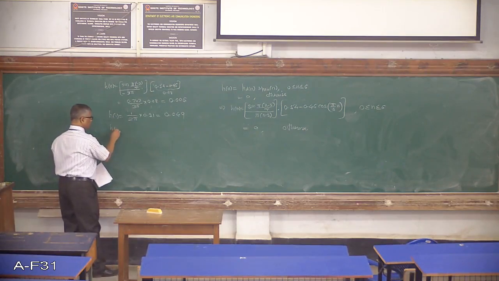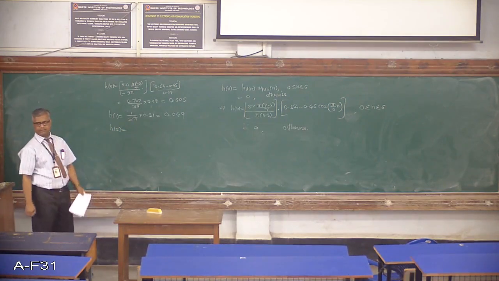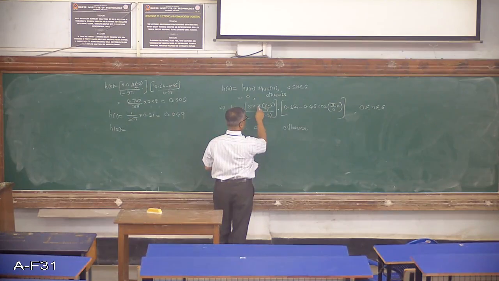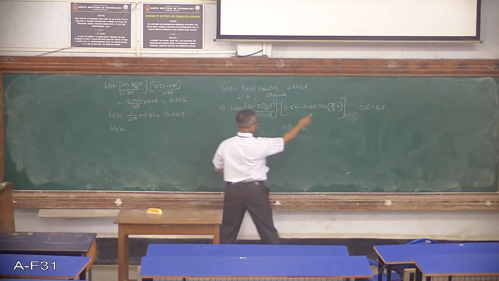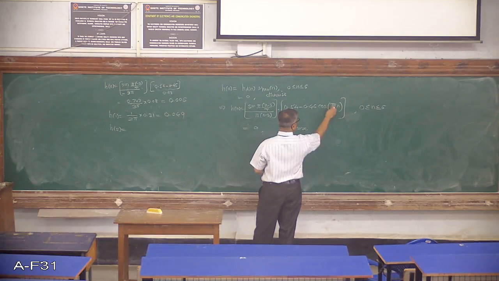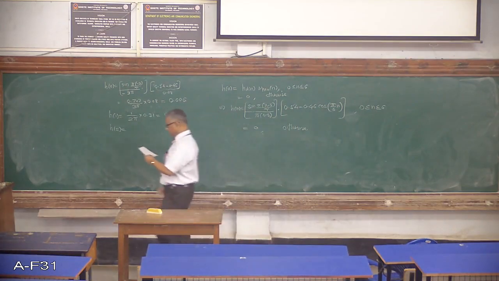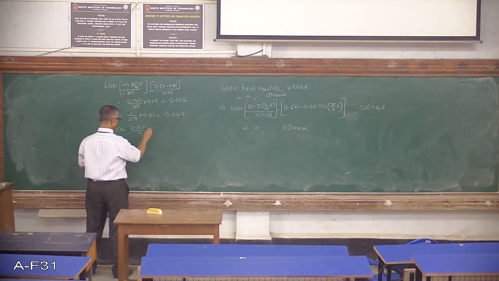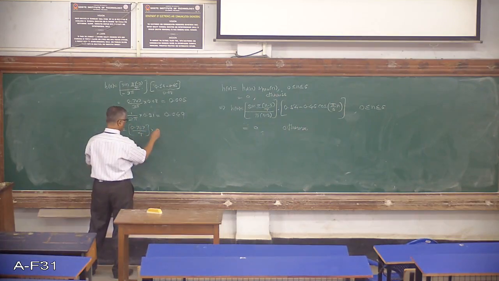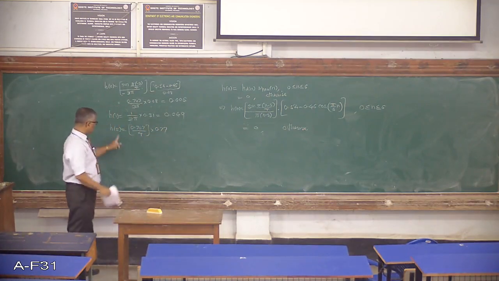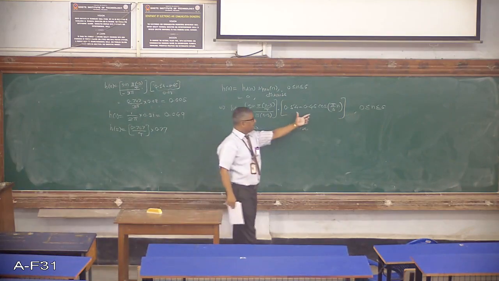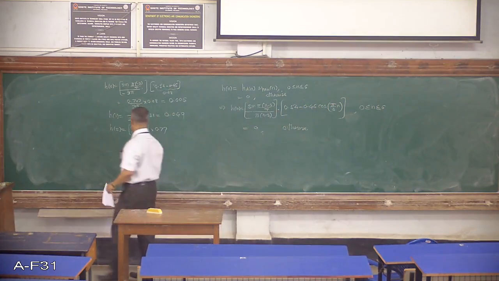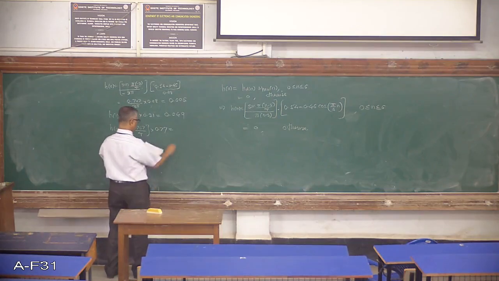Next value is n is equal to 2, H of 2. If I put n is equal to 2 here, I will be getting sine minus pi by 4 divided by minus pi. The sine value can be found now. You just check, you get this value 0.707 divided by pi. This is multiplied with the window value. At n is equal to 2, the value of this Hamming window, you will get 0.77. So this product will be 0.173.